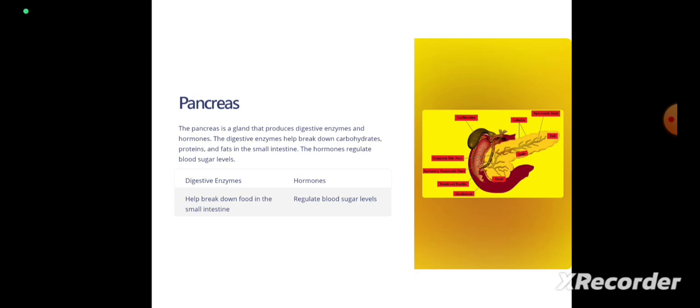Composition of pancreatic juice: water, mineral salts, trypsinogen, chymotrypsin, amylase and lipase. The exocrine function of the pancreas: pancreatic juice is an exocrine secretion which performs important functions. Amylase helps in digestion of carbohydrate by converting polysaccharide into disaccharide. Trypsin and chymotrypsin help in digestion of protein by converting peptone into polypeptides.